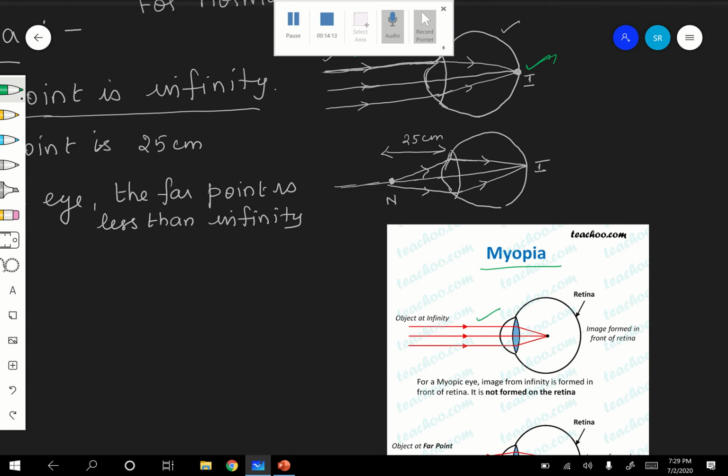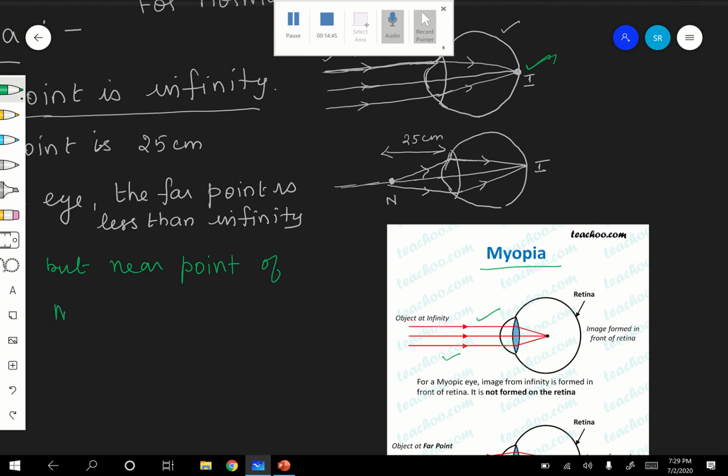Are you following? That is why this is very, very important. See, here the defective eye, which defect? Myopic eye. Why? Myopic eye doesn't have any problem when the object is at 25 centimeter. Therefore, for myopic eye, the far point is less than infinity, but the near point